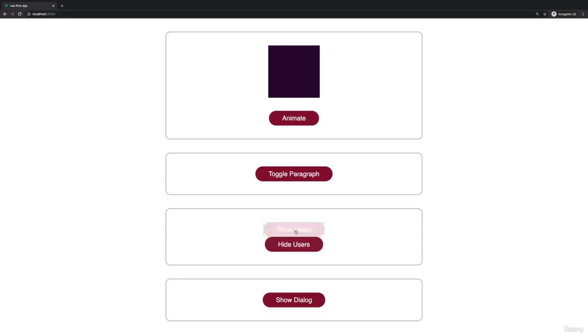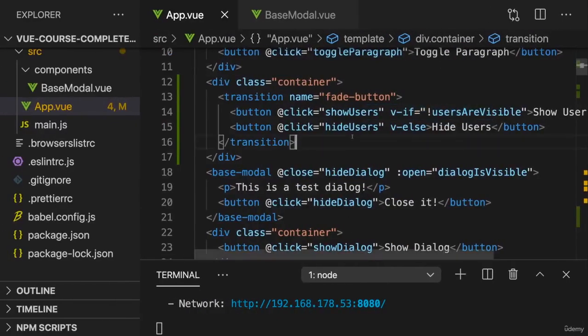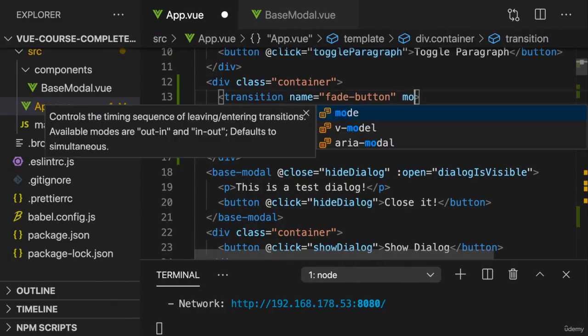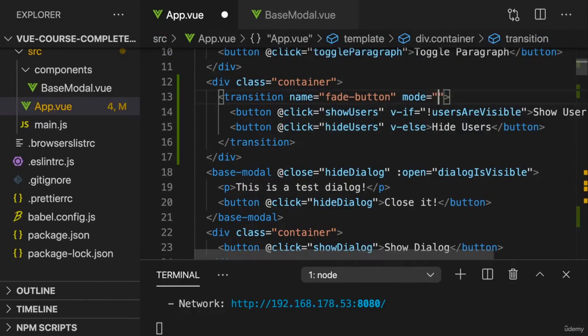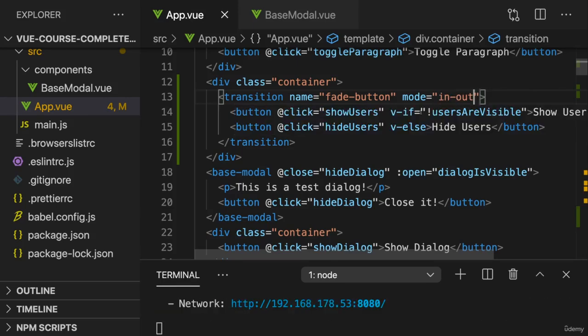Instead, one button should fade out and then the other button should fade in. That's the idea. And that's also something you can control. You can add the mode prop here to the transition component. And mode knows two values, in-out and out-in. And this controls whether first the leaving element should be animated or the new element. So if I set this to in-out